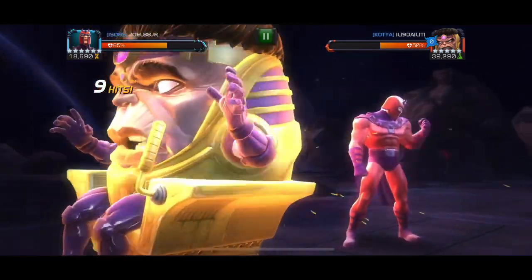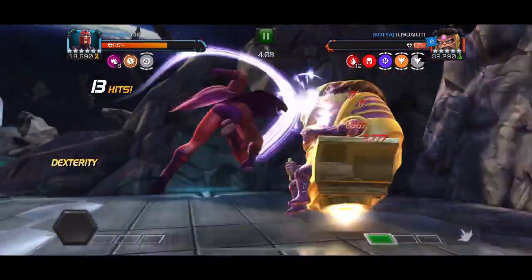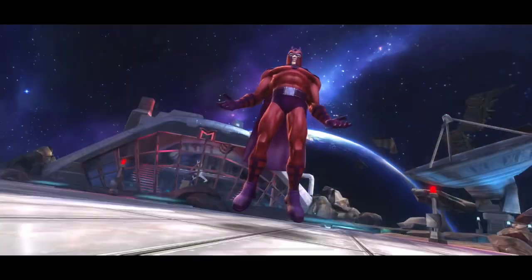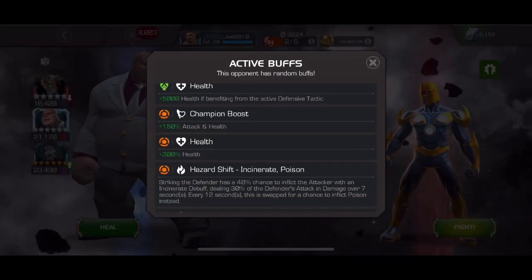So we're gonna pull out his battery here, let him fly around, and the bleeds will take him out. Bait one more quick special 1, another one, and there he goes, drops face first there. That was funny. Next, okay, the goal here, I normally take Magneto against Nova, but it's on a Hazard Shift